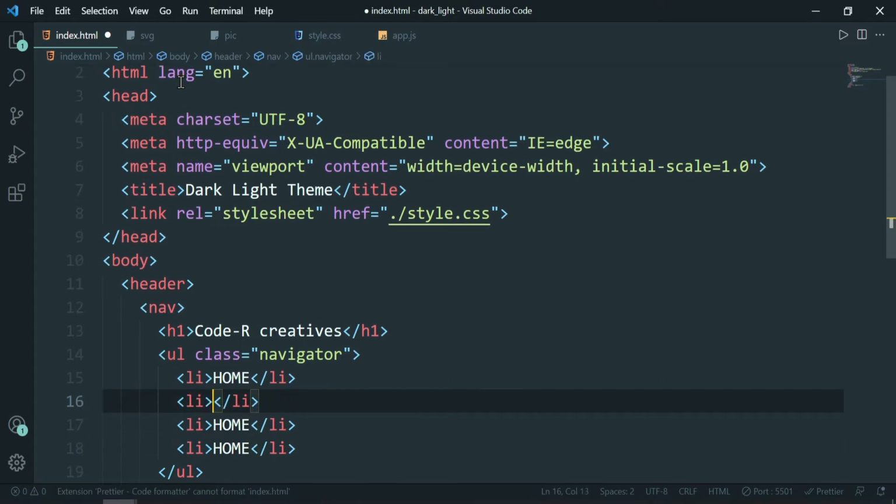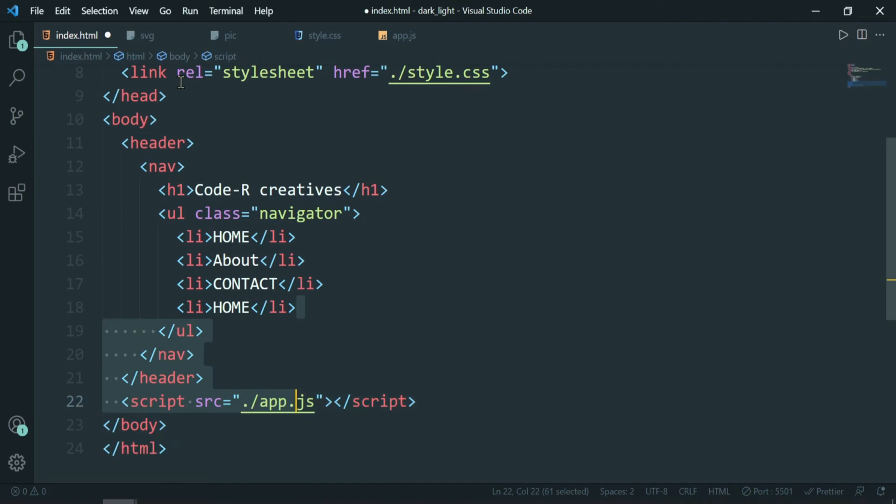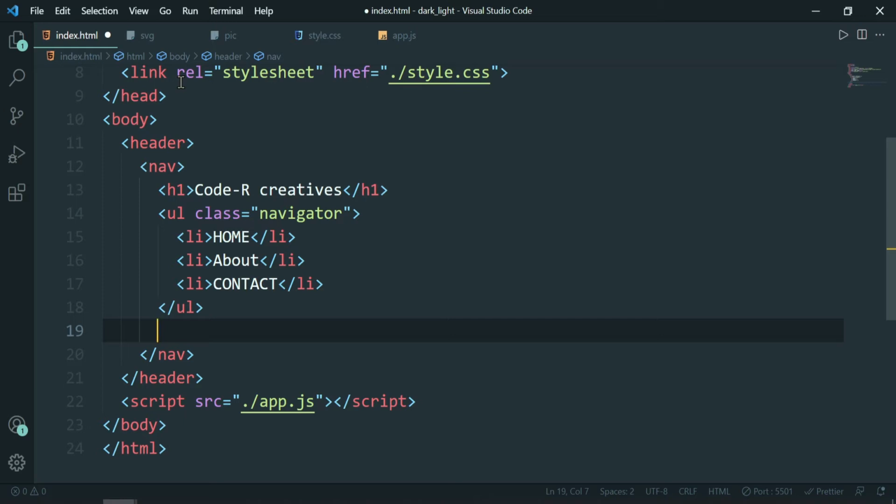Then next will be about, and then there will be a contact. Okay, contact, and yeah, that's it. There was one extra over here.